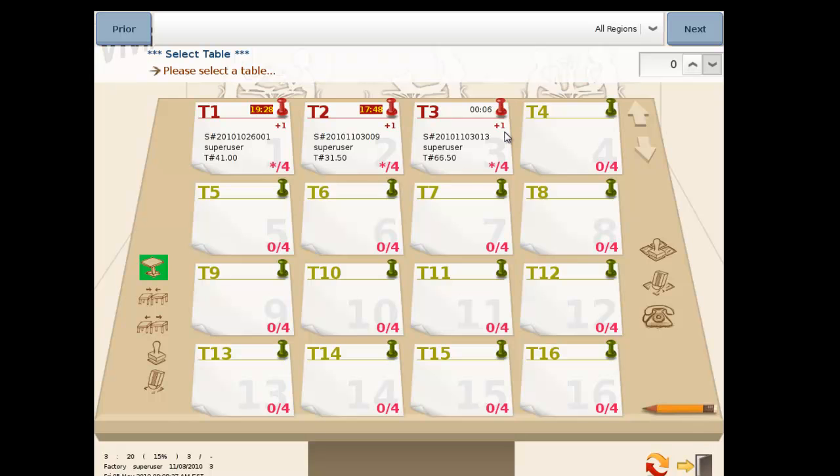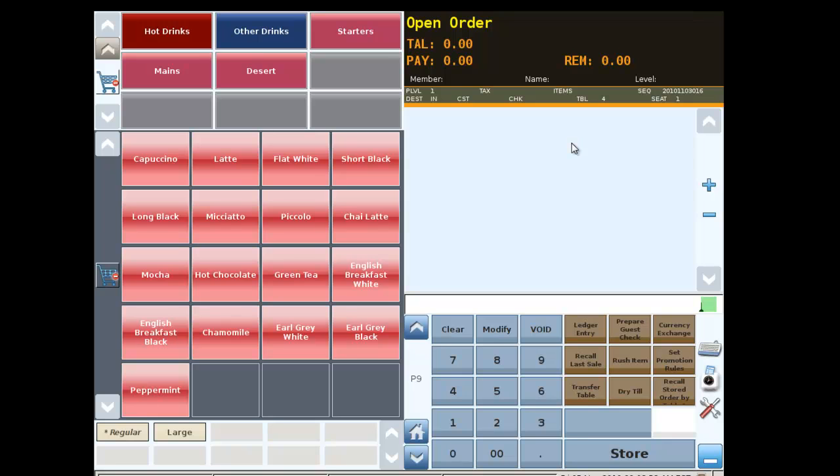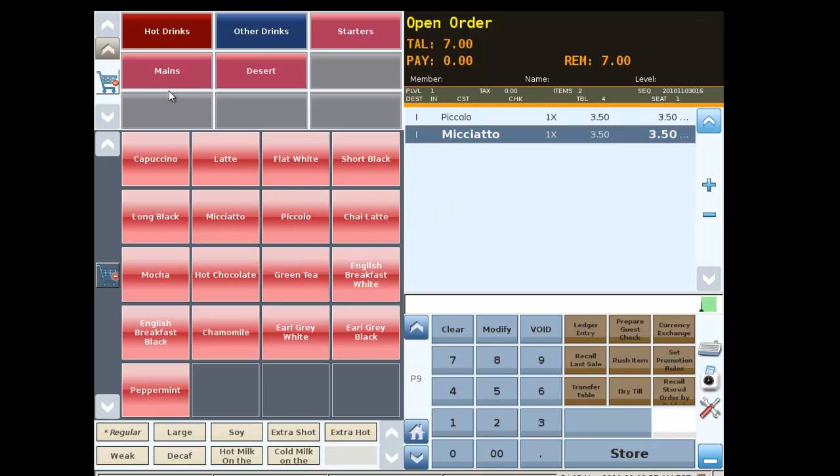So let's imagine we wanted to start off with a fresh tab. We could just go and pick a particular tab number on the system. So let's imagine we'll pick tab number 4. So we can actually click on that and then start making our orders. So we can select whatever